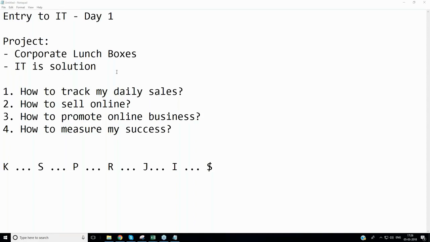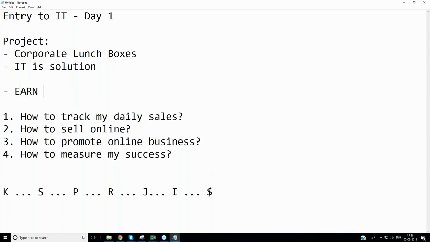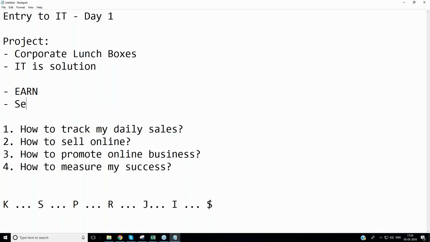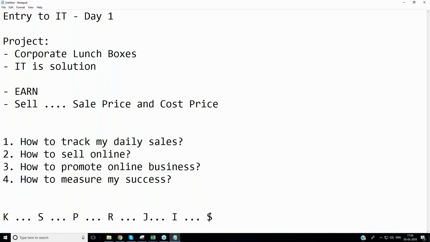What is it that people want when they start a business? They want to earn. Is that correct or not? Karthik has been teaching here for the last 10 years with one thing: of course, at the end of the day, business has to earn money. Where the money goes, to the employees or not, doesn't matter, team. They have to earn money. So how do they earn, team? When they sell, there is a sale price and there is a cost price, correct? If earning is important, I have to track it.